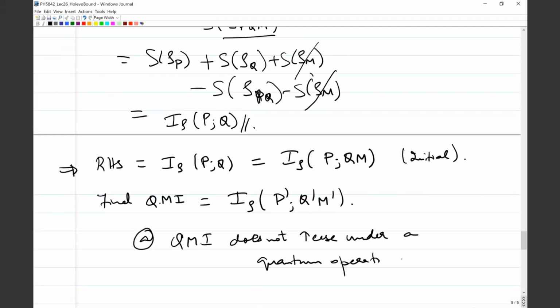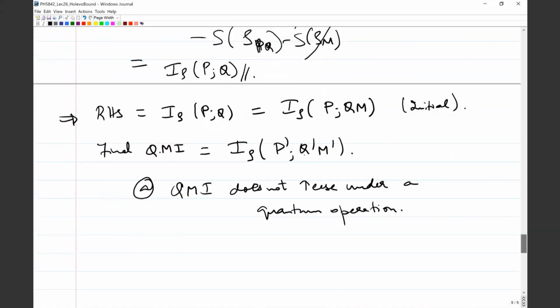What that means is, of course, here there are three systems in play, but even if I had just two, the point is if rho P prime, Q prime, M prime is the result of some quantum operation on rho PQM, right? Then